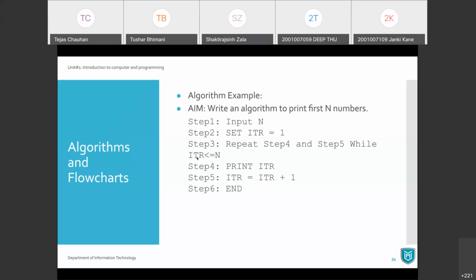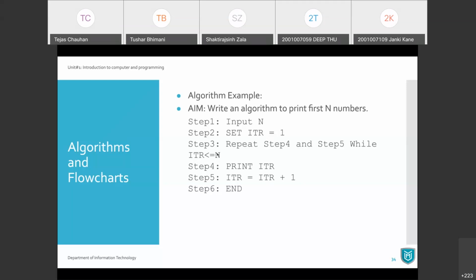So what is number n and what is iteration? Well, we have already defined those things in previous steps. N is our input. ITR is just a kind of counter to count the number of iterations, and we set it to 1, and then we go through this loop. Now within this loop we actually want to print n numbers, so we first print ITR, that is 1, and then we increase our ITR by 1, right? So next time it will become 2, then it becomes 3, 4, 5, and so on. Now if your n is 10, then this ITR will go up to 10. When it becomes 11, this condition becomes false.